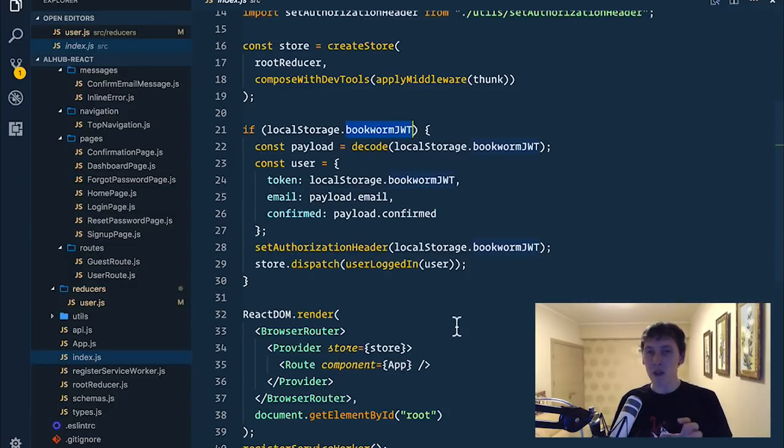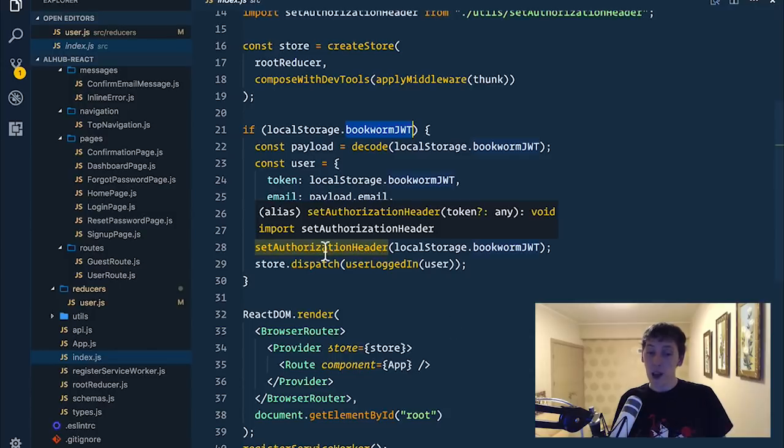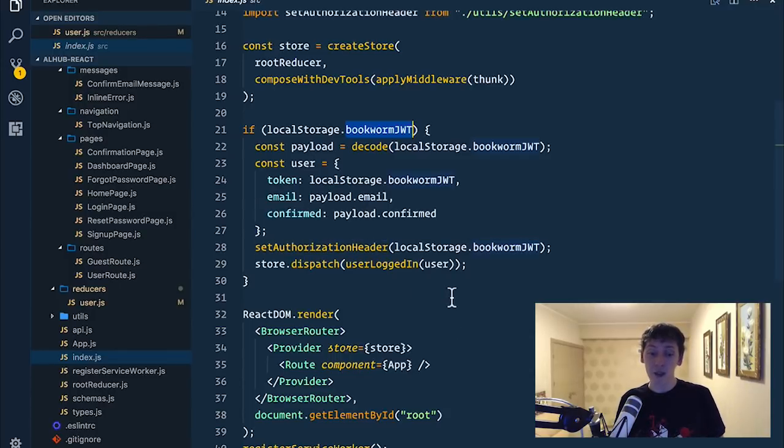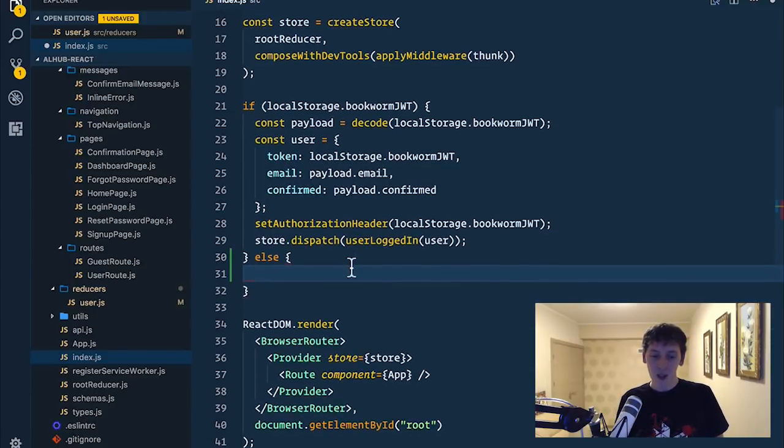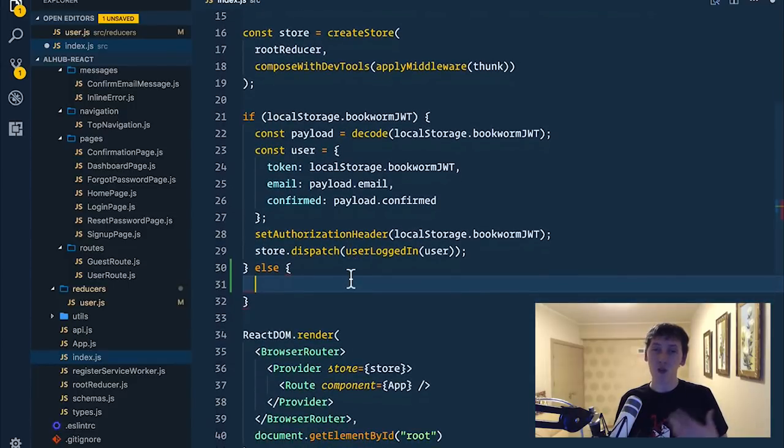But what we now want to do is make the request to the server right away. We'll make the request, we'll get data from the server with user details, and that's it, right? So basically we're going to remove these lines. We will not decode our JSON Web Token anymore. Otherwise, if we do not have it, we'll need to update our reducer user model so that loaded is set to true. So for that, we're going to use something like user fetched